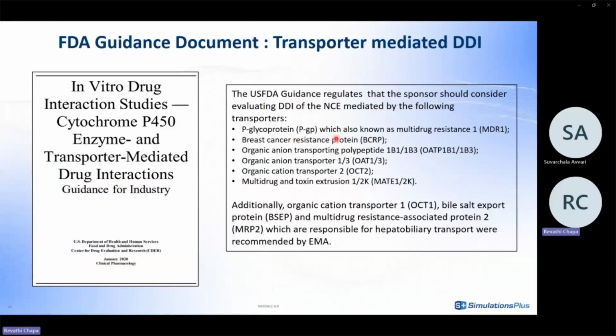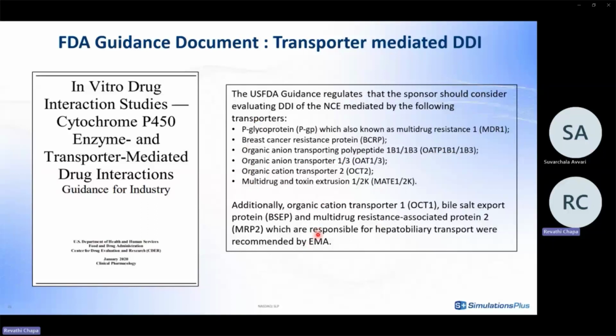Like FDA recommends a screening for these transporters. For example, FDA wants us to screen for PGP, BCRP, OATP1B1, 1B3, organic anion transporter 1 and 3, organic cation transporter OCT2, and MATEs, which are multidrug and toxin extrusion transporters 1 and 2K. So this is the list which is more consensually accepted by all regulatories, but there is additional recommendation, especially with